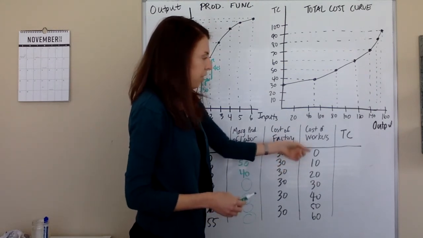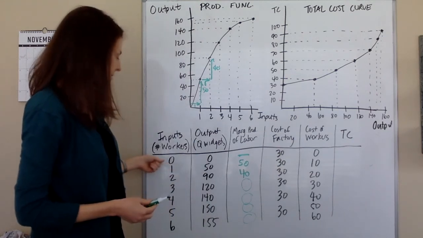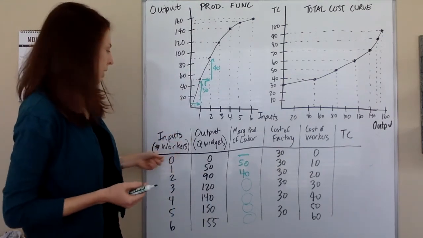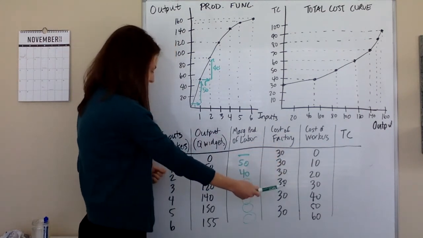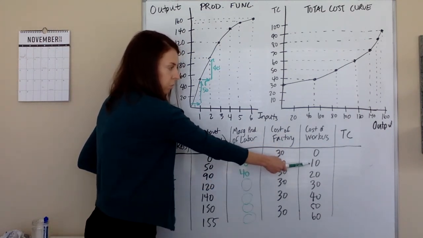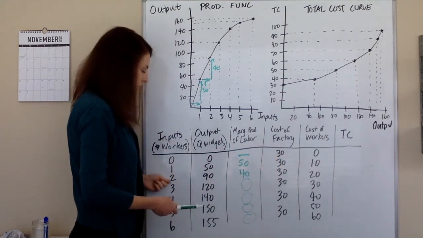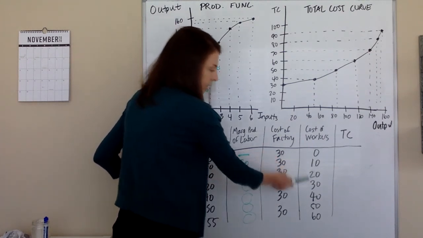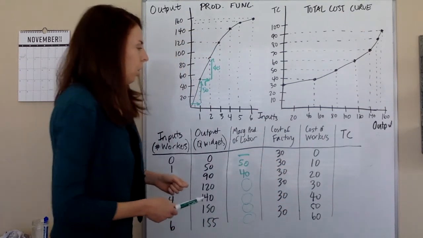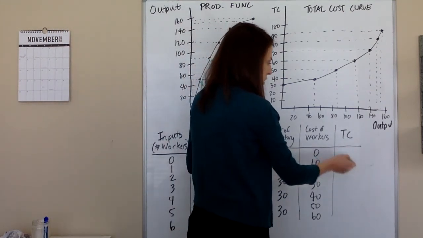And then they're also going to have the cost of hiring the workers. So if they pay each worker $10, I'm just making up this number, then if they have 0 workers, the cost of workers is nothing. If they have 1 worker, their cost of workers is $10. If they have 2 workers and they pay them each $10, then the total cost of workers is $20, and so forth. Okay, what you need to do now is fill in numbers for the total